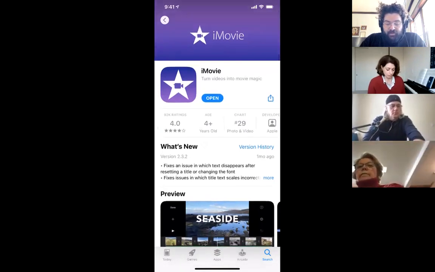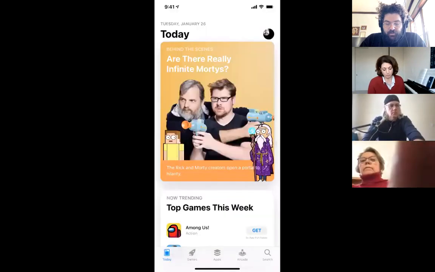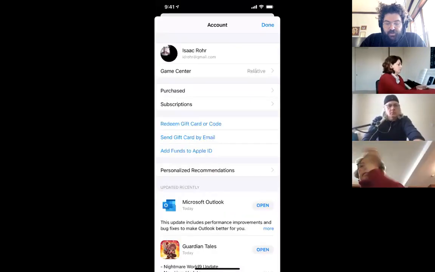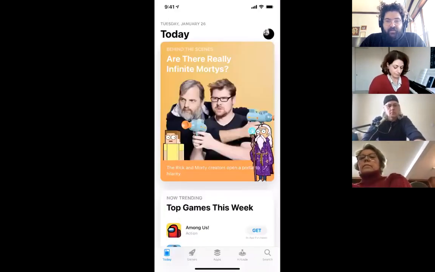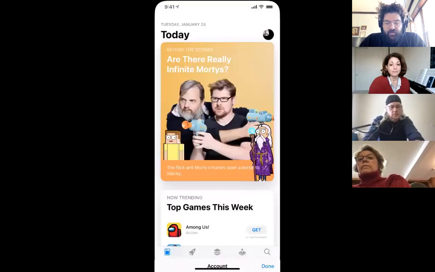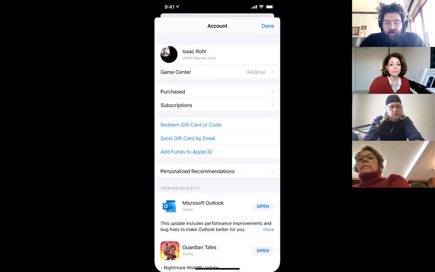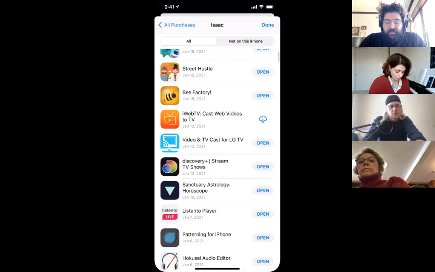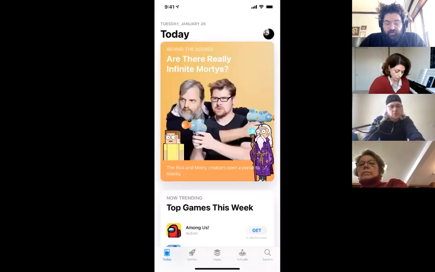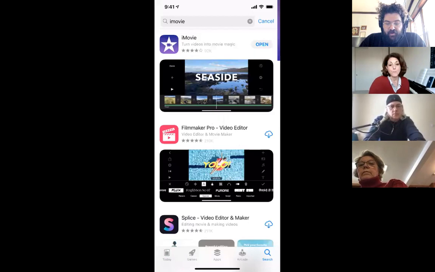If you have issues, you can always go to the homepage and find your purchases by tapping the little icon of my face. It looks all messed up because it's an old image that got converted to the new iOS, so it's like black. But at the top right corner of the home screen that you get when iOS comes up, you can tap that and that'll pull up a card where you can go to purchased, go to your own purchases, and then you can find it in there. This is assuming that it should just download the older version regardless, just by searching for it on the phone.